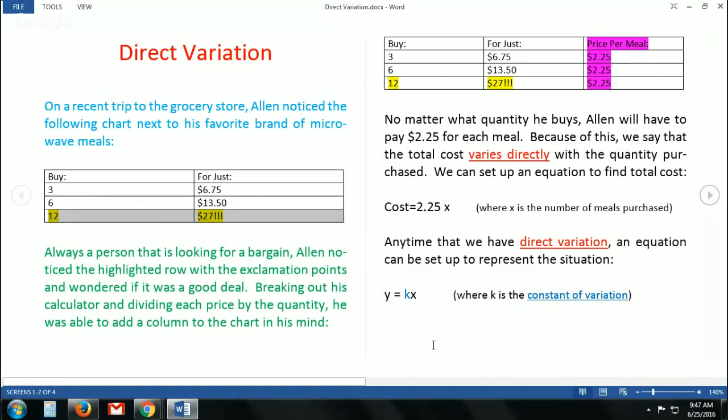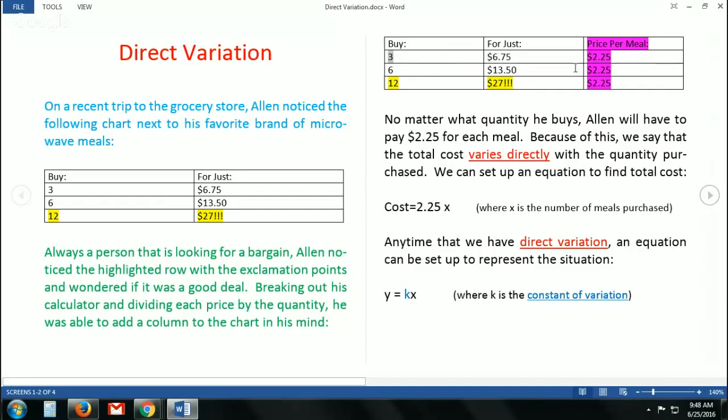Always a person that's looking for a bargain, Alan noticed the highlighted row and the exclamation points, and he wondered if this meant that it was a good deal. So, breaking out his calculator, he divided each price by the quantity, and this allowed him to put a third column in the chart. If you buy 3,